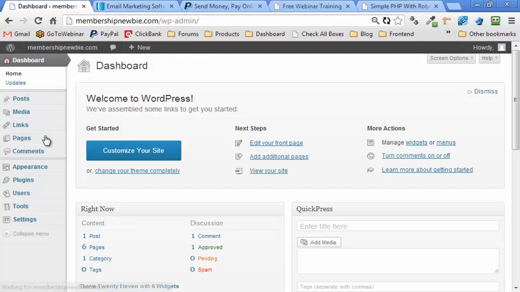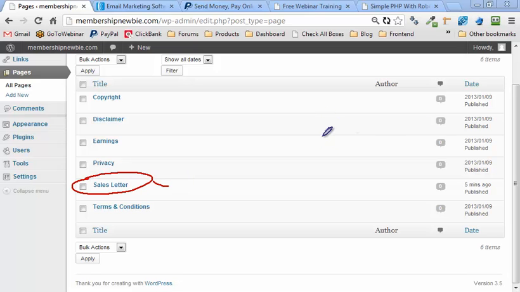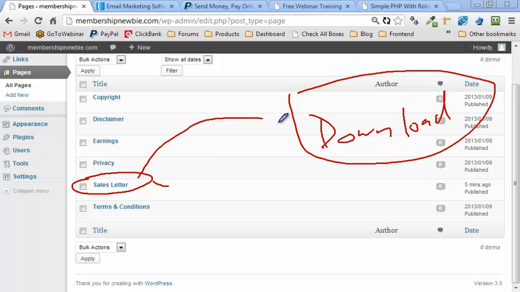So we have that one page, and let's say that we were selling something from this web page. If you think about it, how does someone get from one web page to another? Well, you have your sales web page, and then you have a download page, and we'll be making that in a second. But for someone to get from one page to another, you can either link to it directly,